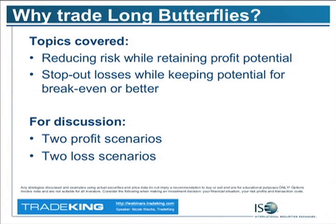Let's get into how to reduce risk and still retain profit potential, as well as stop out losses and maybe be able to do better by breaking even or actually making some money back. So continuing on to slide 21,